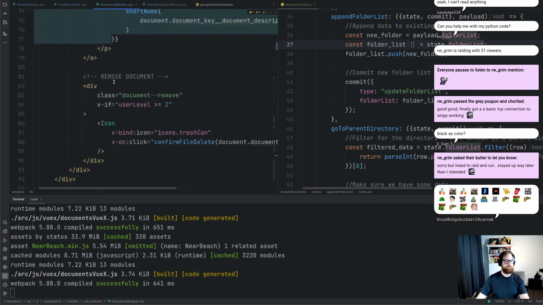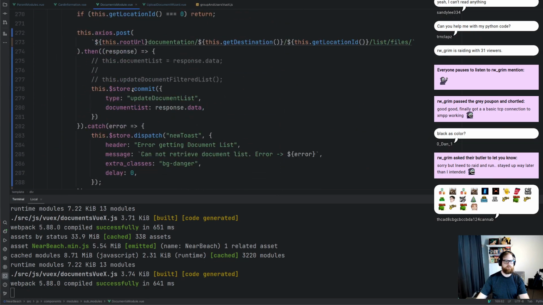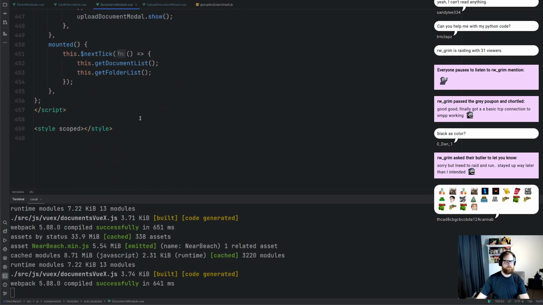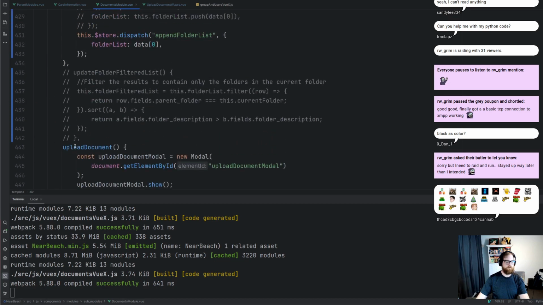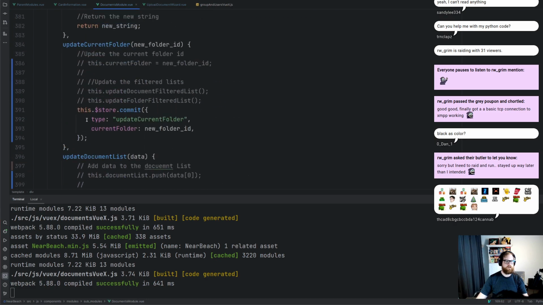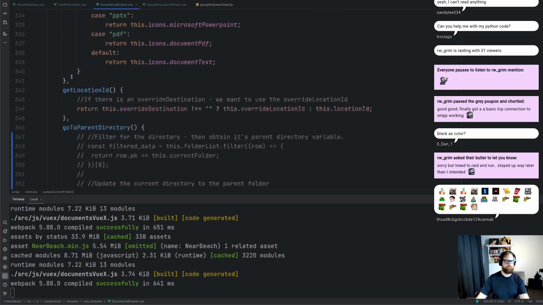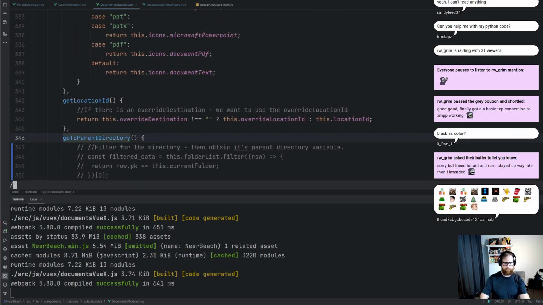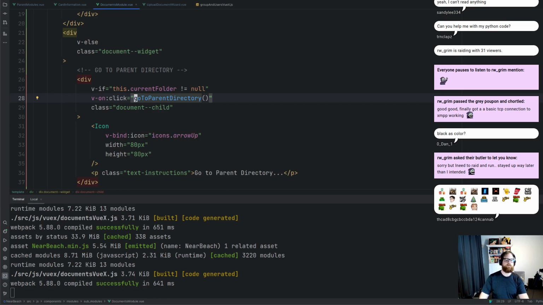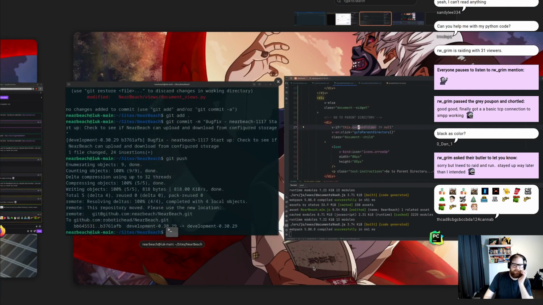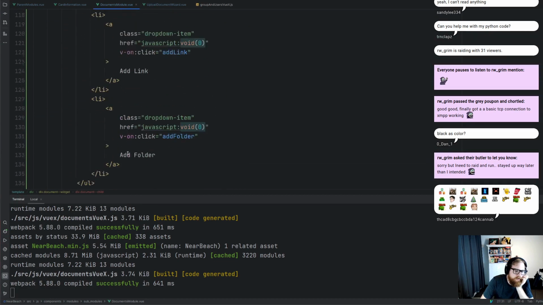I am trying to figure it out. Let's upload document, upload document. Go to parent directory. All right, here it is. So if this current folder does not equal null. All right, cool. Let's have a look at what that actually represents. Because the current folder